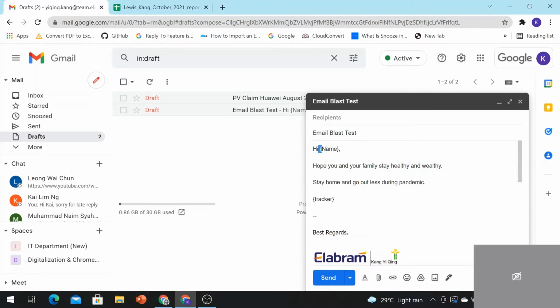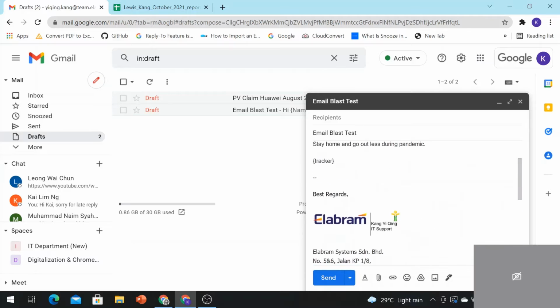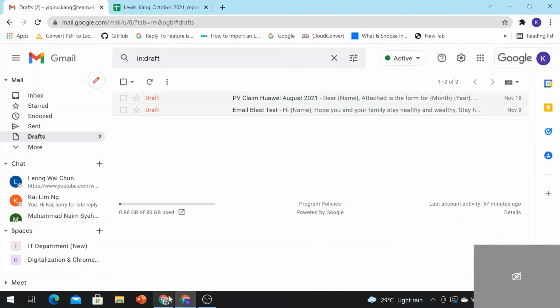And then, same goes, you can put your variables and fields or placeholders, you can name them anyway. After that, you need to put one more important thing, which is the tracker. This is very important to be typed inside the email draft, because it is used to track the email sent out to the recipients, whether the user has bounced the email, has blocked the email, or has read the emails. So after creating the email draft,